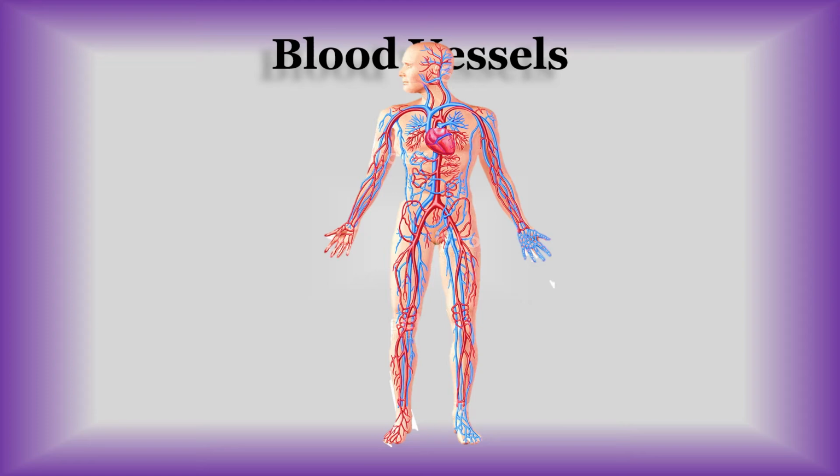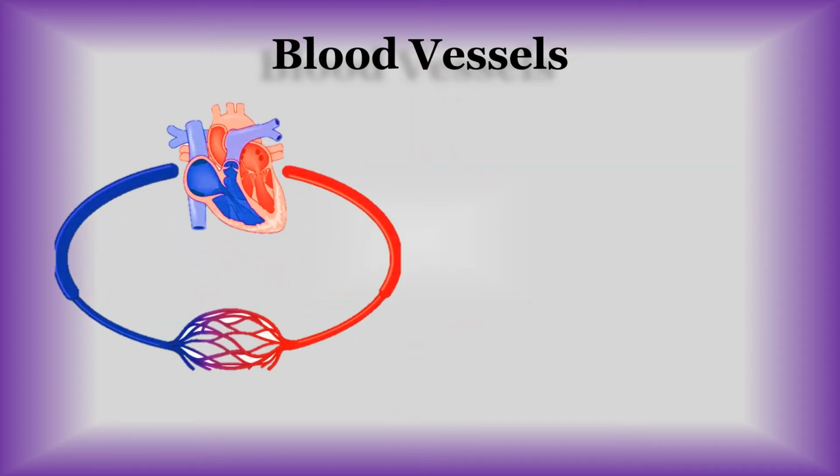This much is clear to you all, children. And what is the job of these blood vessels? They collect oxygenated blood from the heart and circulate it in the body. And then they collect deoxygenated blood from our body and bring it back to the heart, so that the heart can pass it to the lungs for purification. Now, children, there are three kinds of blood vessels. This is the heart, children. You can see in this picture.